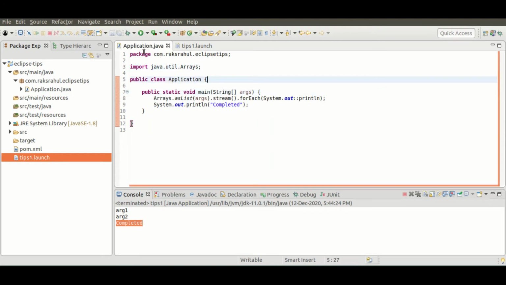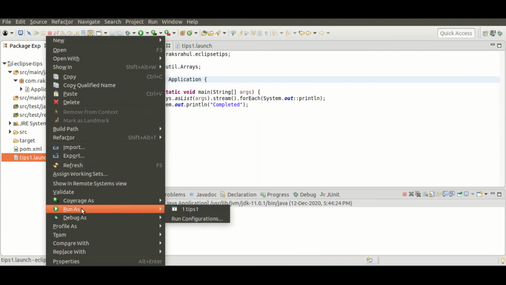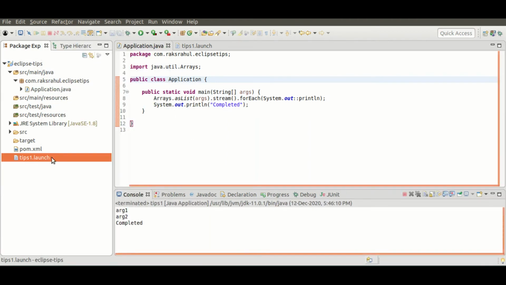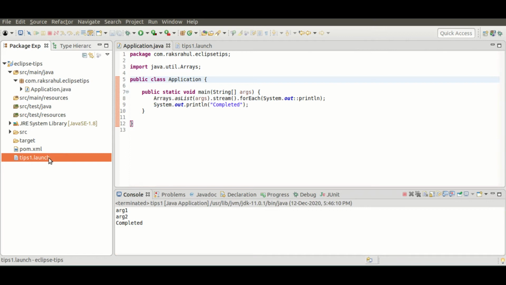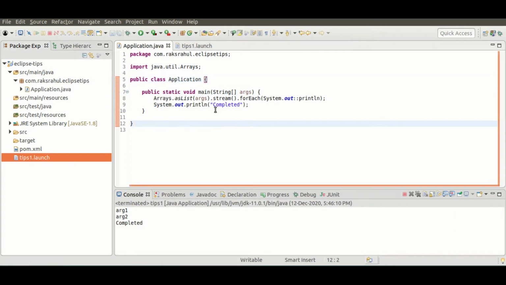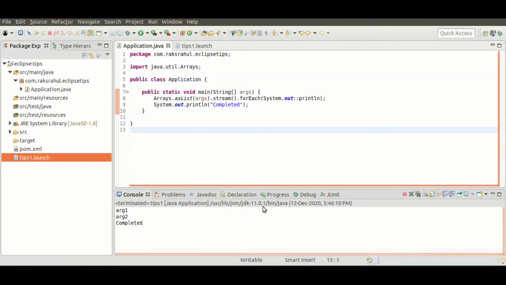any run configuration. So you can also just right click here and run as. You can run from this file also, and after that, so this is about